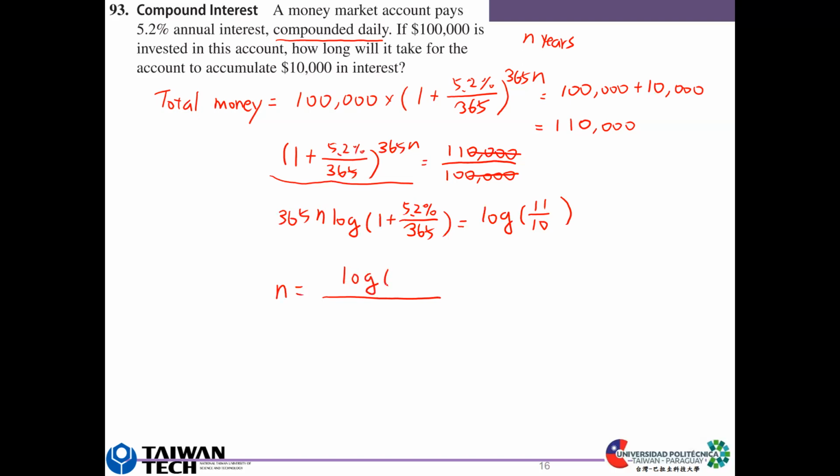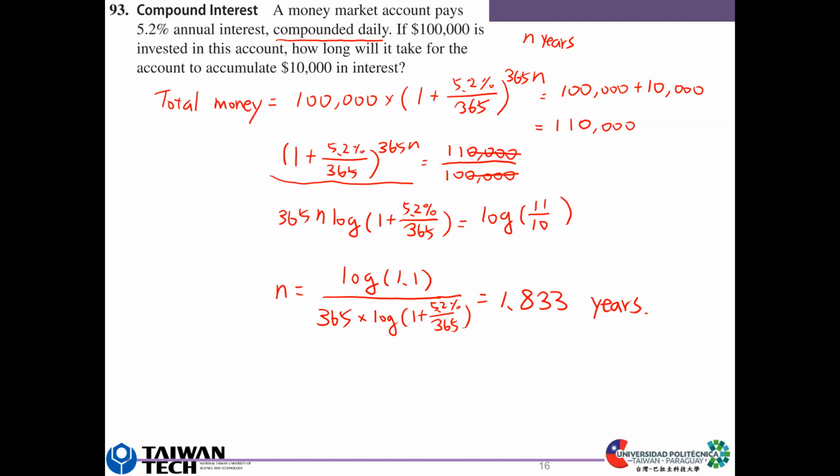So n equals log of 11 divided by 10, which is 1.1, and then this is log, divided by 365 times log of 1 plus 5.2% divided by 365. In the calculator, the result is 1.833 years. Okay, so although it uses calculators to solve it,